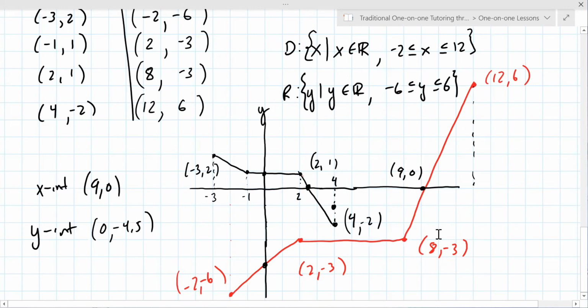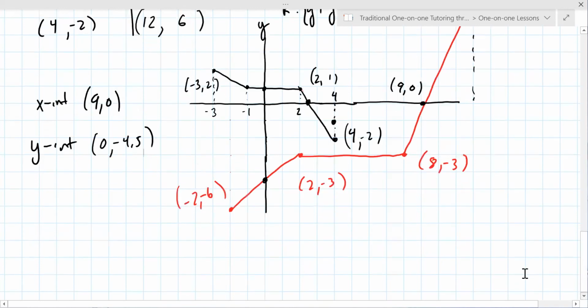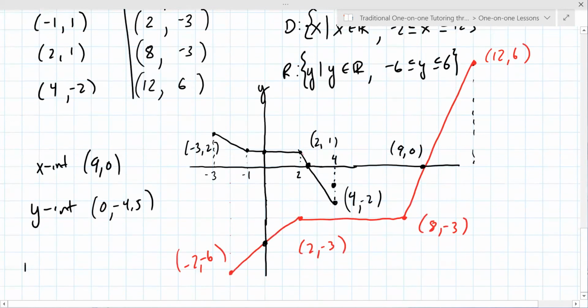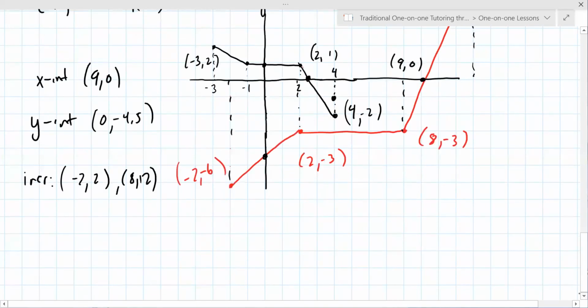So now, where is it increasing? What are the x values associated with that? -2 and 2. Good. And then the next one, these right here, it's increasing. What are the x values there? So 8 and 12. 8 and 12. Okay, and then